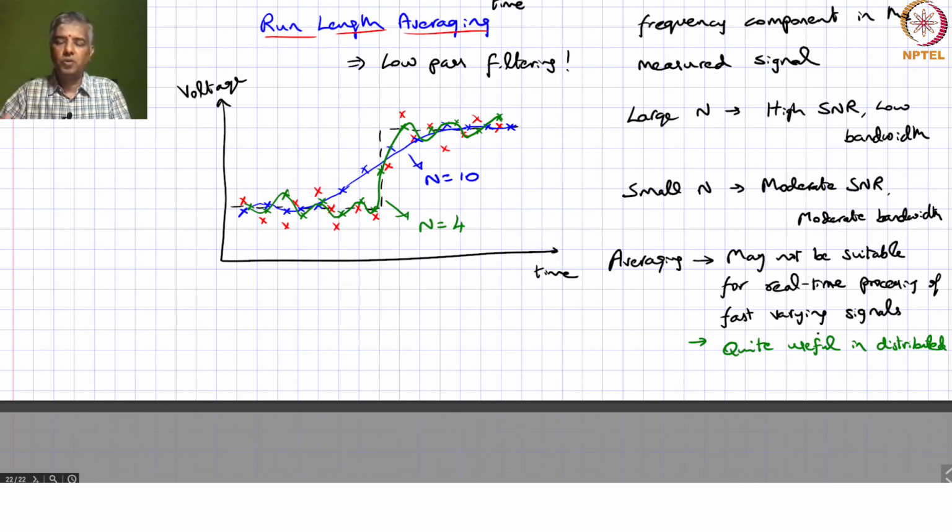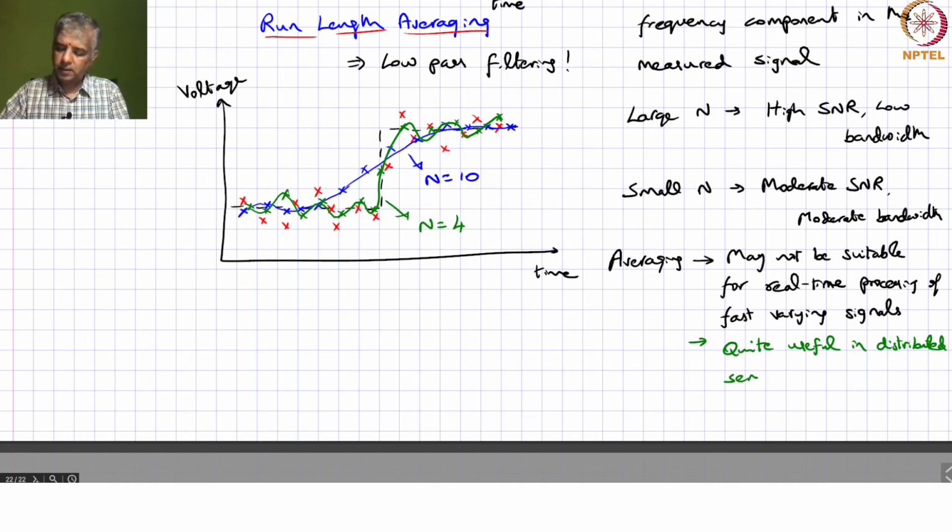So, in those cases, this is actually a very, very useful tool. It is quite useful in distributed sensing, where whatever you are measuring is not changing very quickly with respect to time, okay. So, that is actually an important thing to remember,